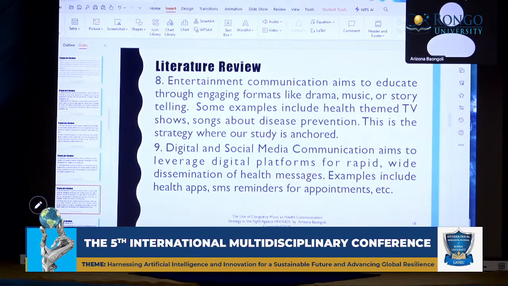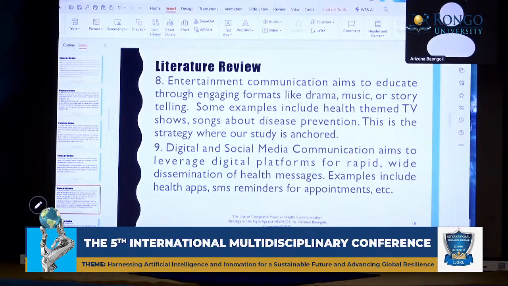And this is where music comes in, because in this health communication strategy, which is more entertainment oriented, people can also be educated. Now, music is generally considered a form of entertainment. For the majority of people in the Democratic Republic of Congo, they listen to music as a form of entertainment. But artists can take advantage to educate people, to inform people, to warn people, basically to fulfill all the functions of communication. And that's exactly what Rongo did.